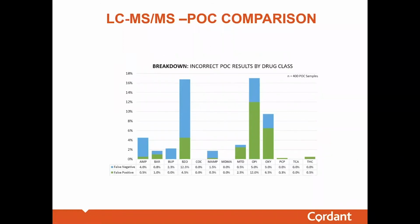This next slide is sort of a summary looking at the incorrect point of care results by drug class. And if we look at this graph, we're looking at both the false negative rate in blue, the false positive rate in green. And basically what this graph tells us is those percentage of samples that were tested by the point of care device that did not agree with the results obtained from LC-MS. And a couple of things are striking here. The incorrect rate for benzodiazepines, opiate, and oxycodone are very high, in my opinion. Moderate rates for amphetamine, methamphetamine,